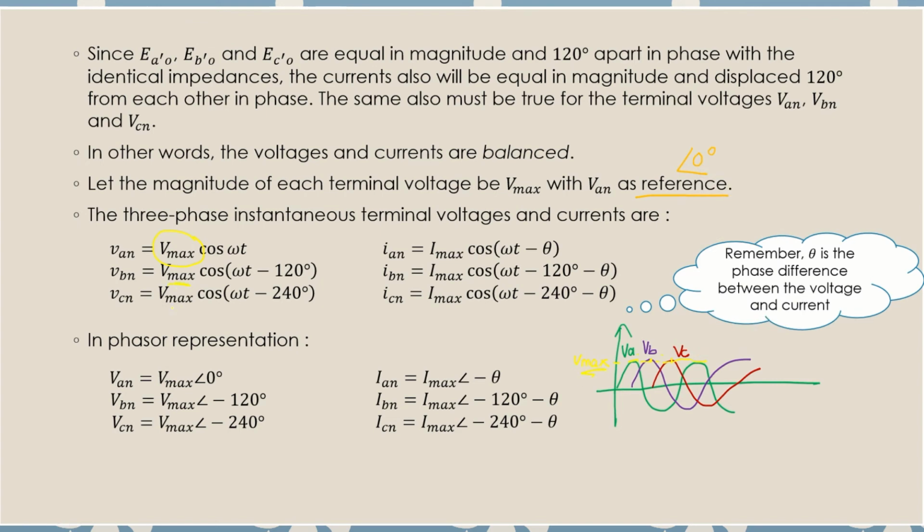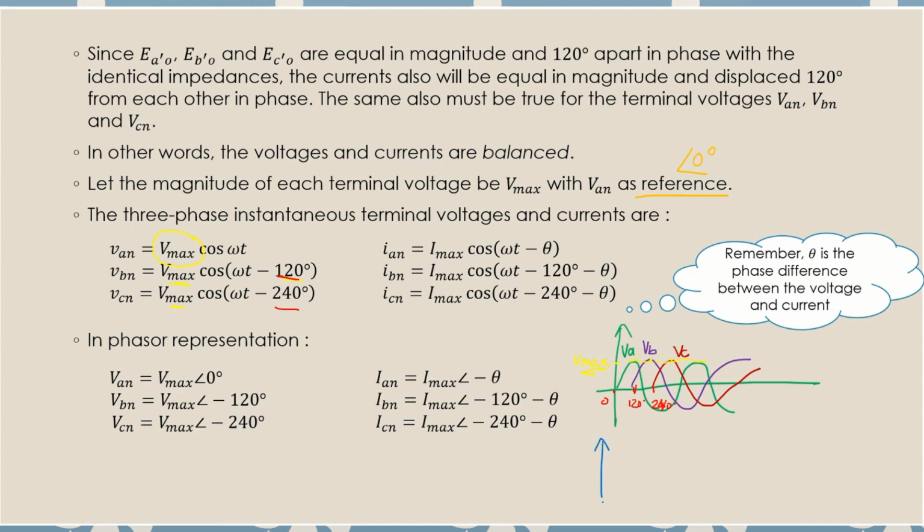So that's why. And they are 120 degrees apart. So this is negative 120 because it starts from 0. So this is 240 because it starts from 0. You start the count from 0. Alright, so now for current,